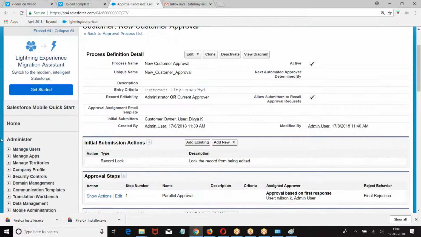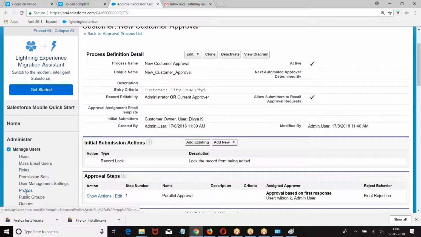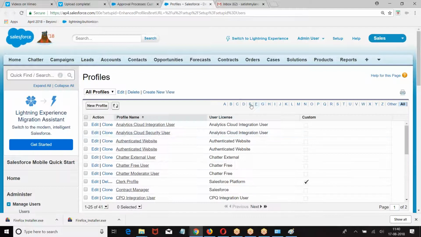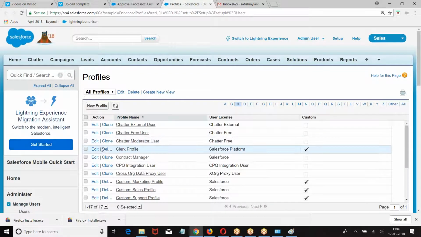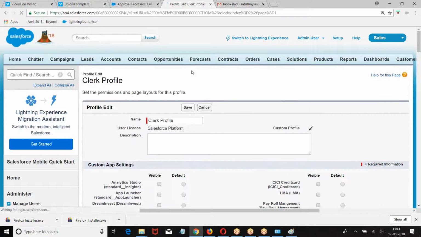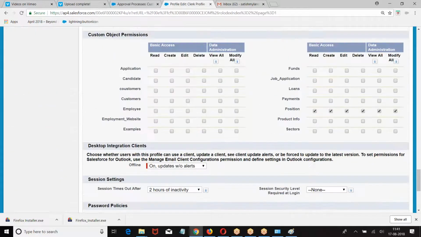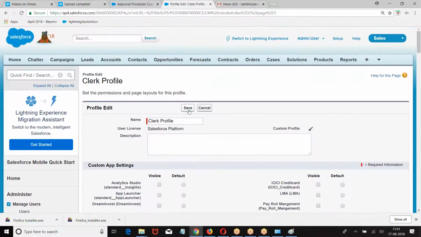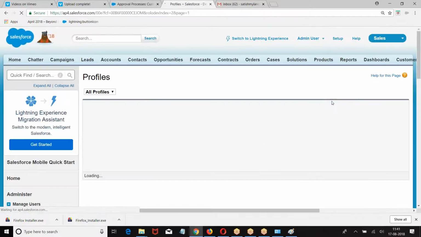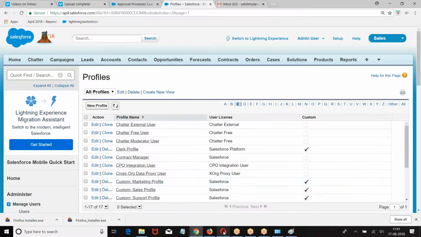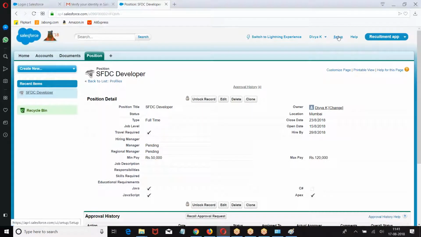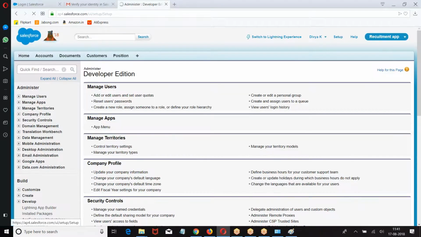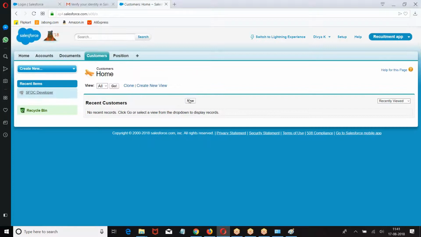Okay. Now, one quick action I'll do. I'll go and see whether Divya has the access to customer or not. Go to Divya. Customer.